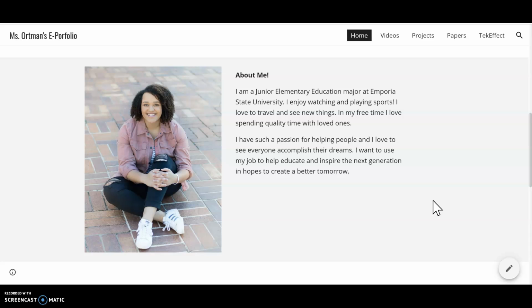I am very excited to be able to use my job and the platform that gives me to help educate and inspire the next generation because my goal is to create a better tomorrow and to be a positive role model in children's lives. And so I'm very excited to be on my education journey at Emporia State to live